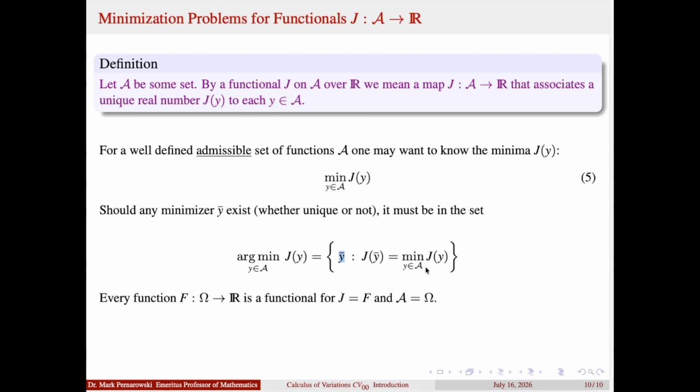This general verbiage on this page, you can also use it to describe the previous slide. For example, if I replaced J with f and omega is my admissible set and I'm mapping to R, then that technically is a functional from a subset of Rn into R, and it fits